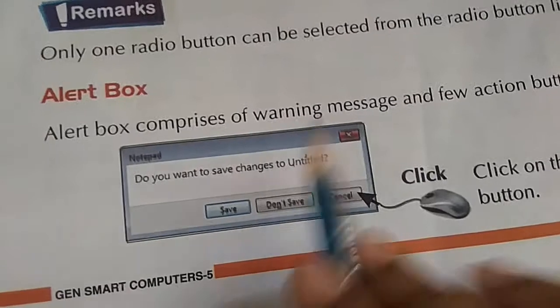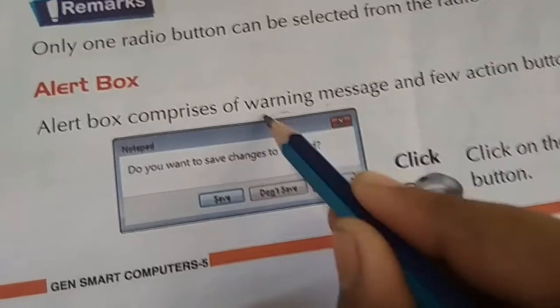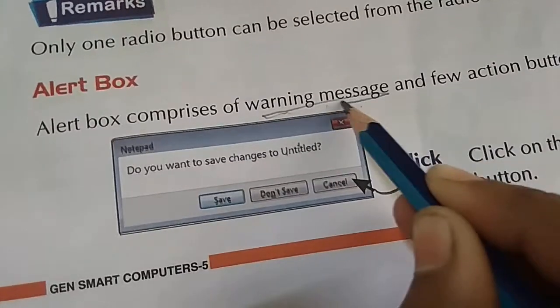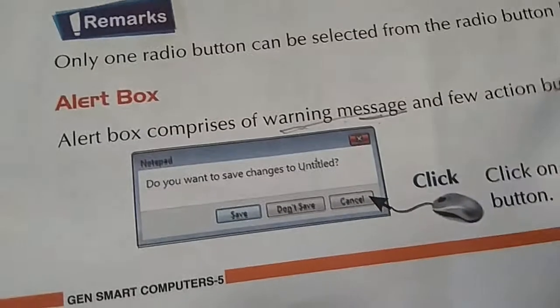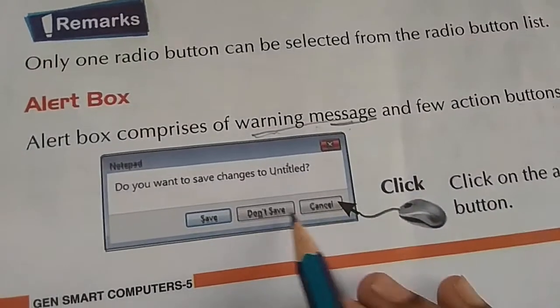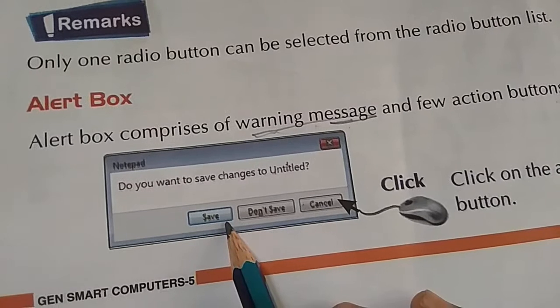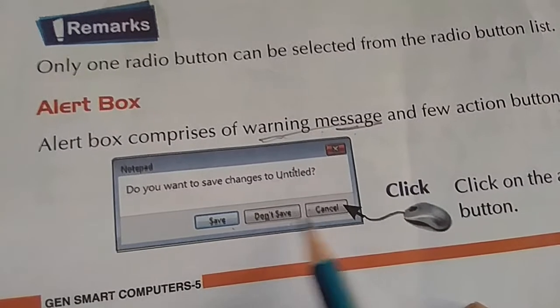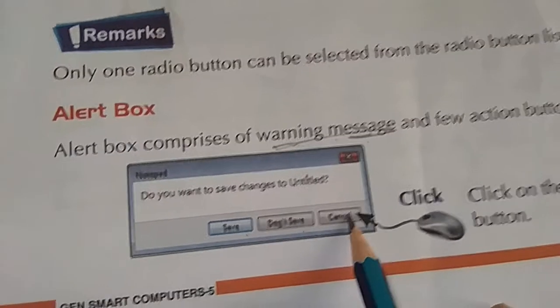Next is an alert box. An alert box gives warning messages and a few action buttons. Here: save, don't save, cancel.